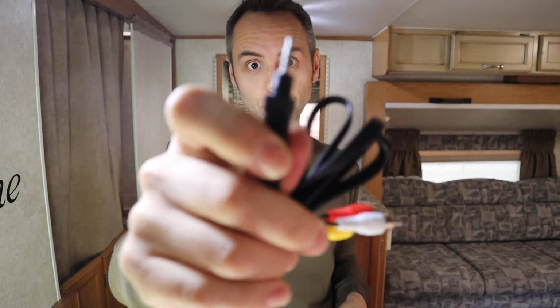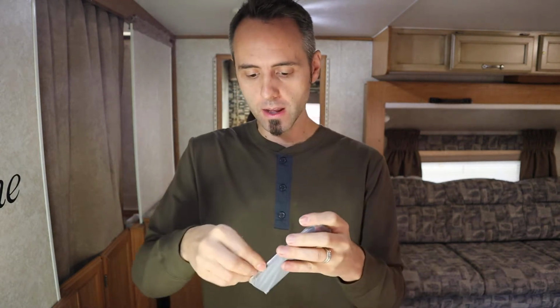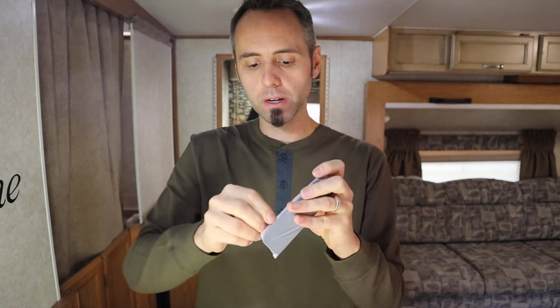If it still has a headphone jack, you can plug it in through there and get some audio and video through that. Let's see what else we got. Okay, this is the little remote. Let me see. I'm curious how this one compares to...